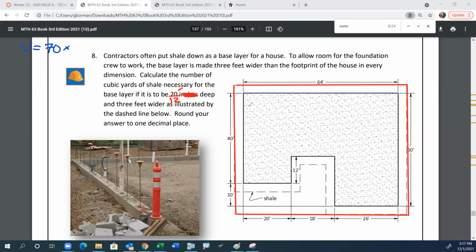And then vertically, it's going to be, is that a 60? I think. No, that's a 50. That's a 50 plus another 3 and another 3, so it's 56 feet that way. And then 20/12 feet deep. And the formula that I'm using for this